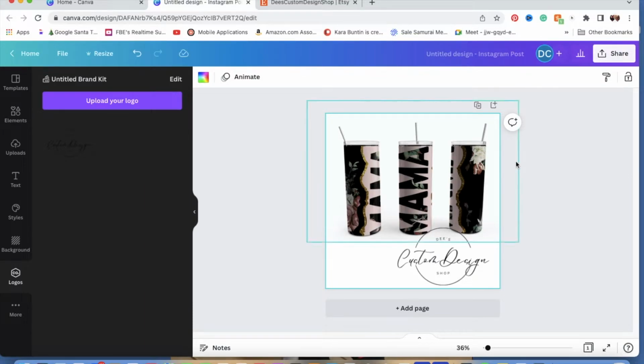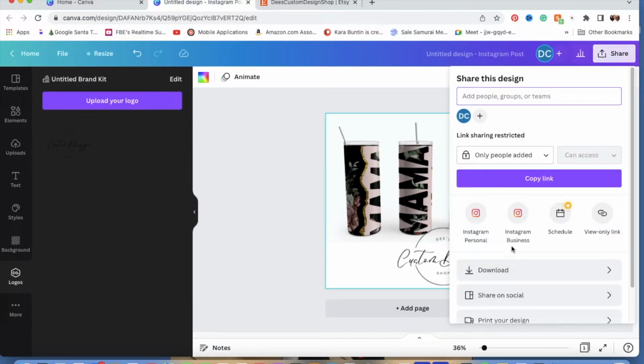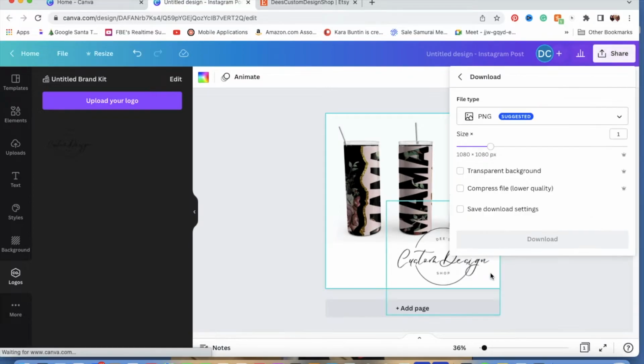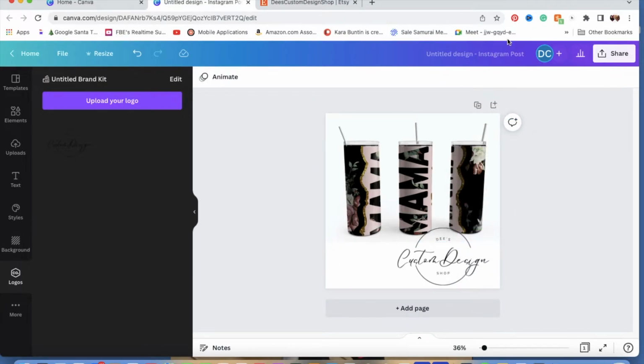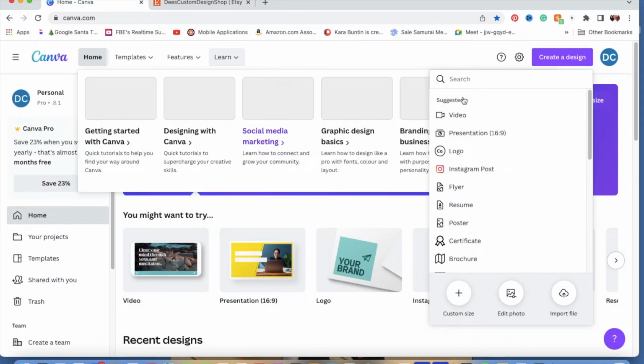And then when you're done, you just click share, you download, and then you hit the download button. I'm not going to do that because, like I said, I already have this. But that's how you do it with Photoshop. Now I'm going to show you how to do it